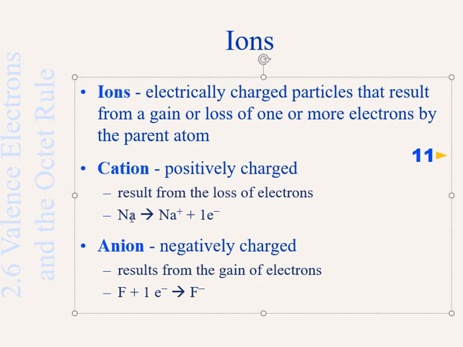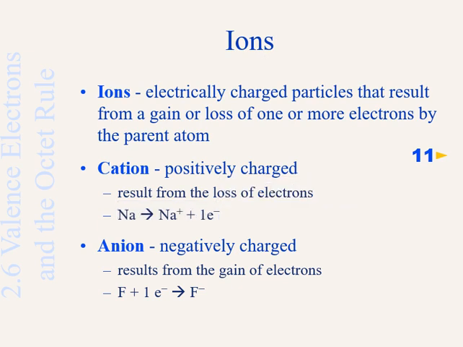Sodium, we stated earlier, wants to lose 1 electron and become like neon, shown here in this chemical equation, which we'll talk about later. Here what we have is sodium with a plus 1 charge. The 1 is known by default to be present whenever we write just the symbol plus. So Na plus means sodium with a 1 plus charge,